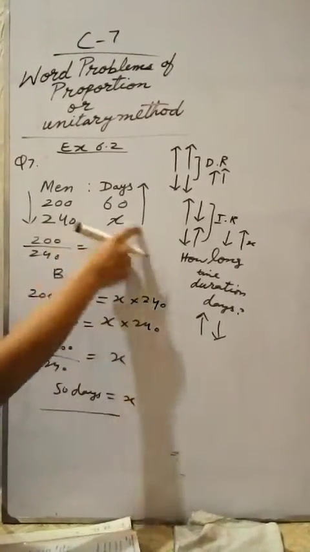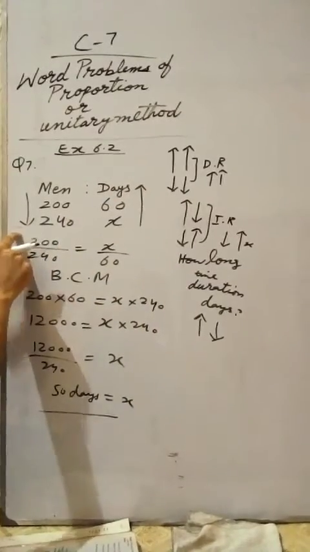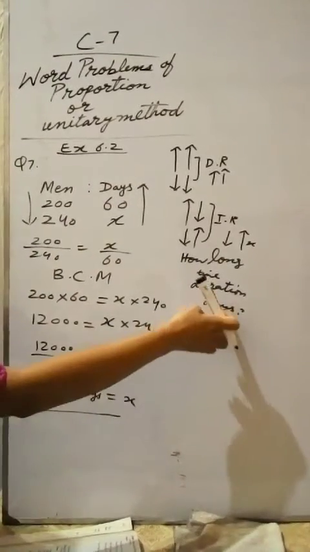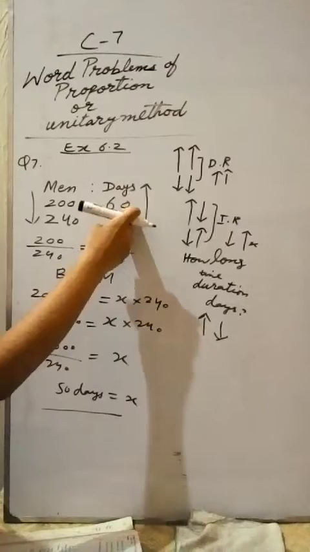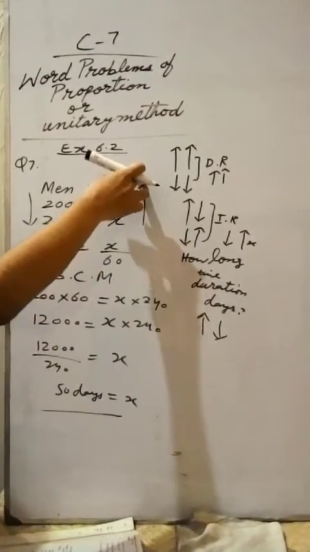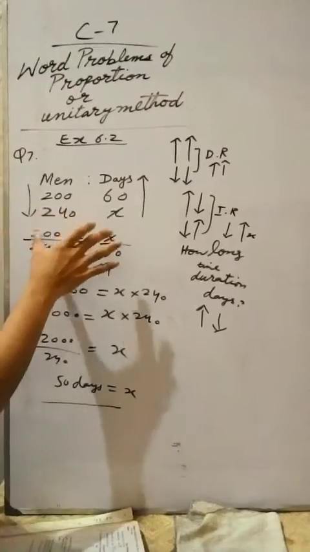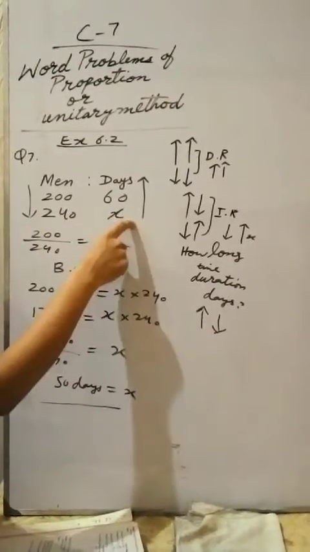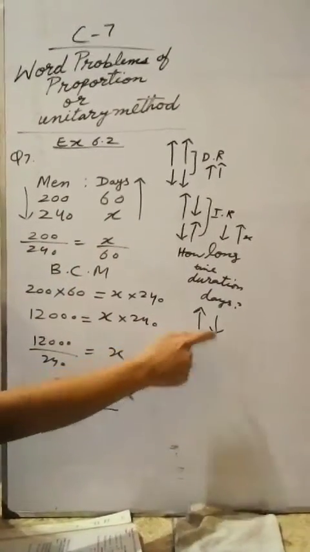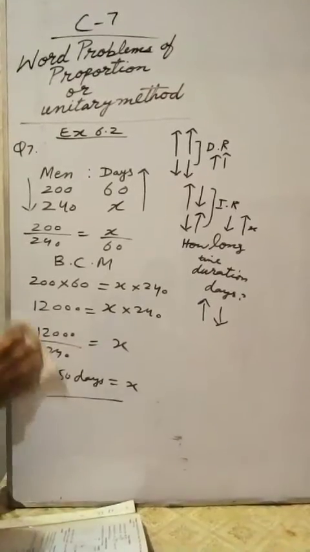The relation is the same in words. One is increasing and the second is decreasing. In rough work, if the sign is decreasing on the x side, you always put the increment sign on x and put the decrement sign on the second. The main important thing is that your relation should be the same. Inverse, this is always also inverse in rough work. Now I am solving another question.